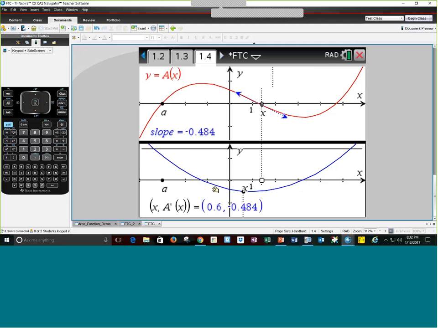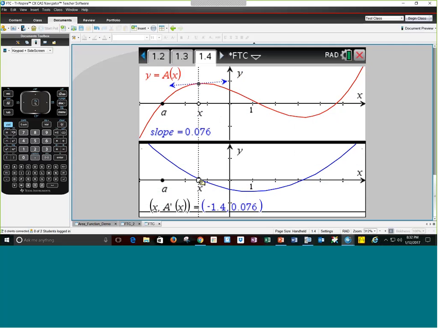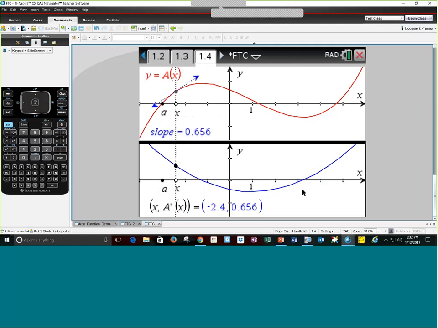And it just seems like this slide right here, this 1.4, is such a big deal to get back to what we had before, because they're connecting to their previous knowledge here. They inevitably wind up with, wow, if we take the derivative of the top function, we get the bottom one. And right away I go to the board and say, okay, derivative with respect to x of A of x equals the blue function. Okay, now what's A of x? So I quickly change A of x to be the integral from a to x of f of t dt, and all of a sudden, wow, there's the fundamental theorem of calculus.